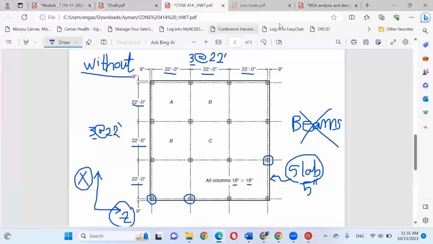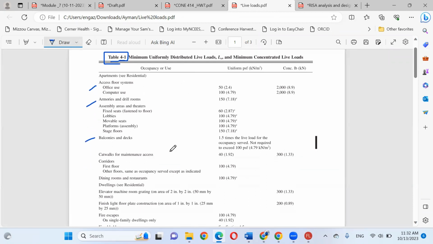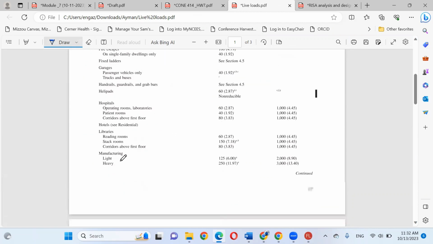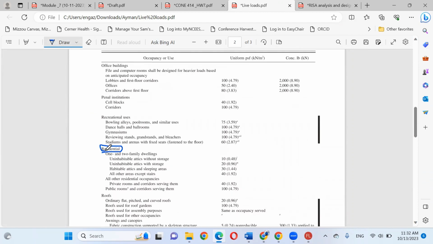Do you remember how? It's based on Table 4.1 in Chapter 4 of ASCE 7, and I told you this last meeting. Based on the function of your building, we can define how much live load we have. For example, for a residential building, we can figure out how much live load you have based on some conditions.